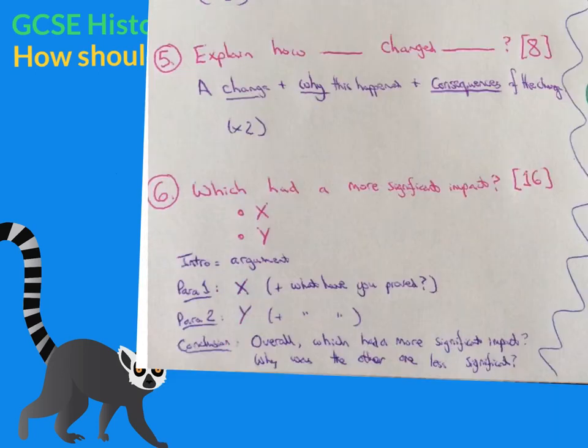Question 5 is going to ask you to explain how something changed in America. You're going to say what the change was, why this change happened, and the consequences of that change. So for example, you might say that African Americans gained more rights in the 1960s, and this happened as a result of the NAACP, and you're going to give a few details, so things like perhaps